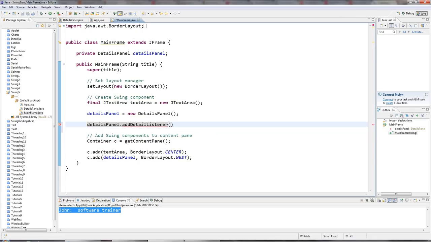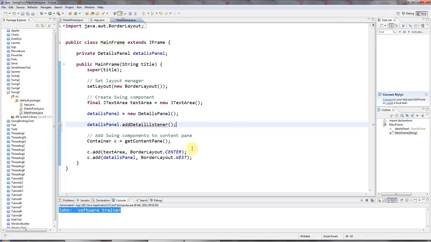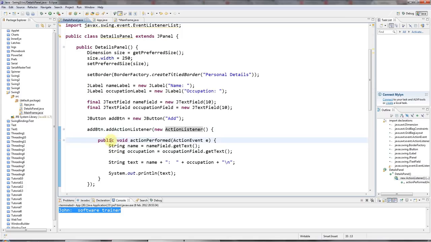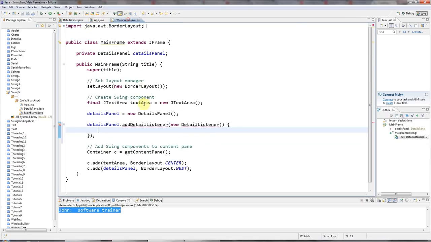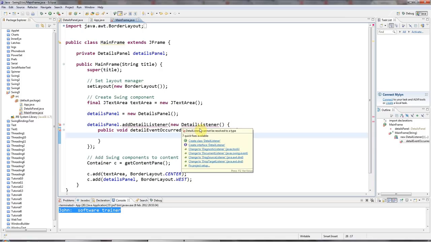and I would add a class that implements the DetailListener interface, let's say. So new DetailListener here if I'm using an anonymous class, and this DetailListener interface would specify some method like actionPerformed. So let's call it public void detailEventOccurred maybe, and that will accept a DetailEvent which will contain all the information about that event. That's what I want, and I haven't got any of that at the moment,